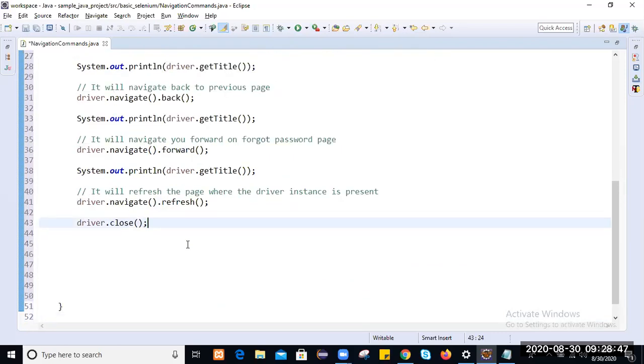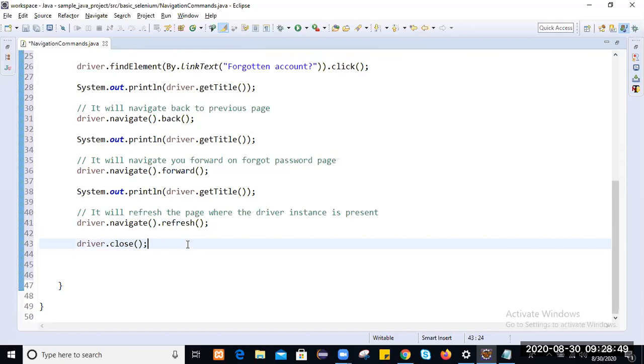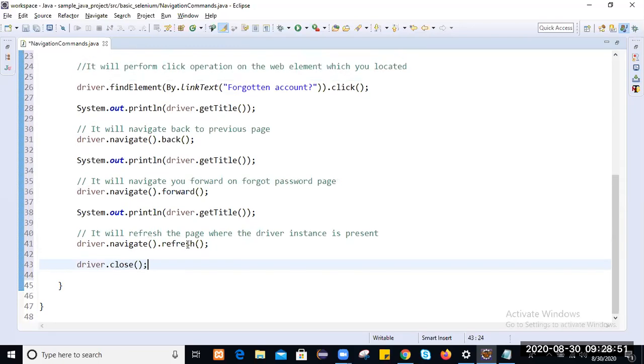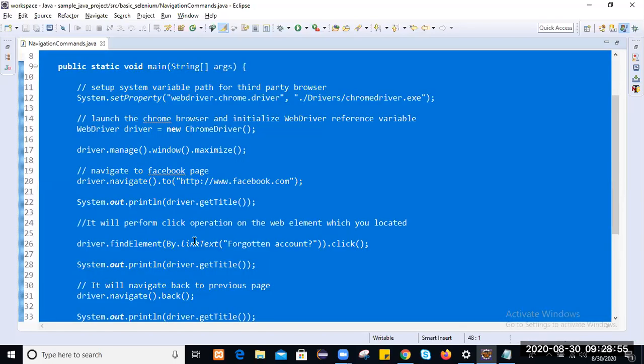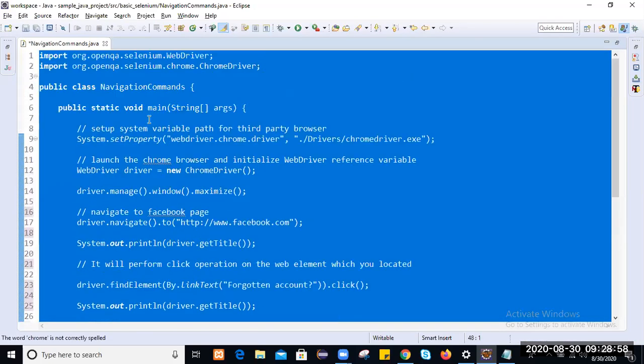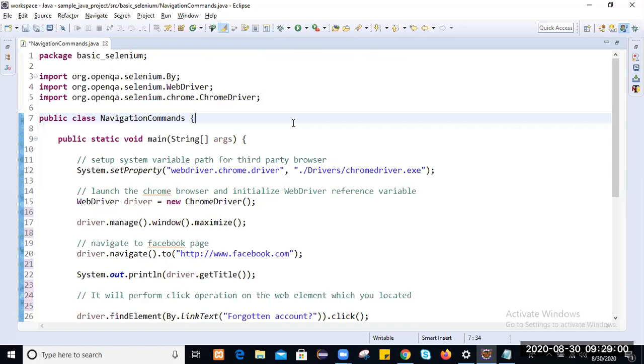Let it be, we'll observe quickly. Save it, Control A, Control Shift F to format it, and Control F11 to run. Observe all the commands quickly.